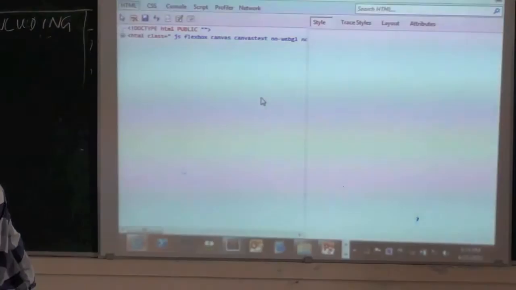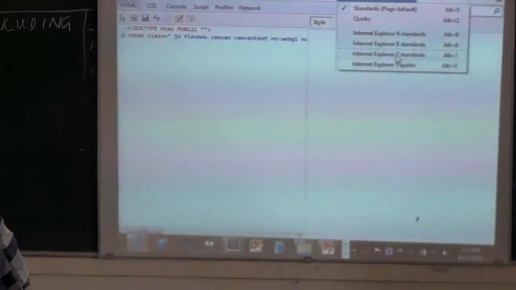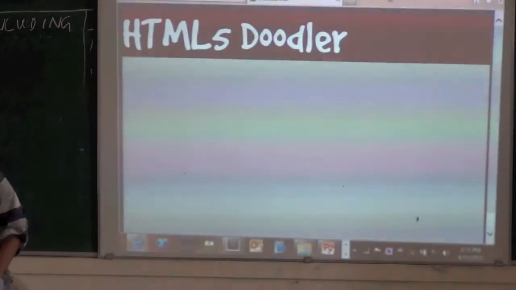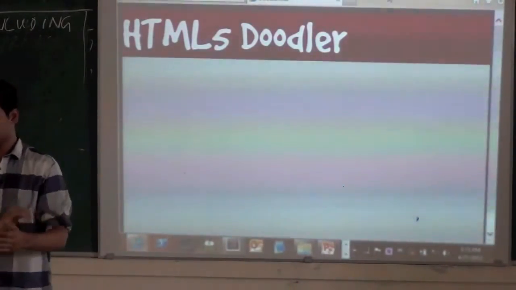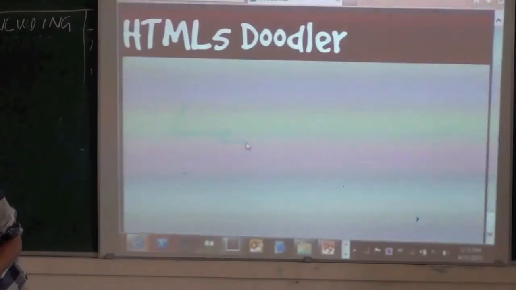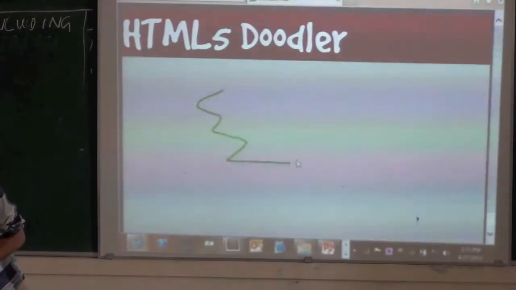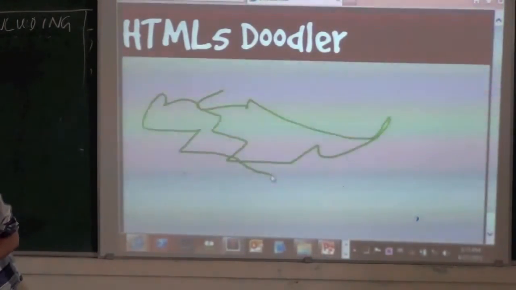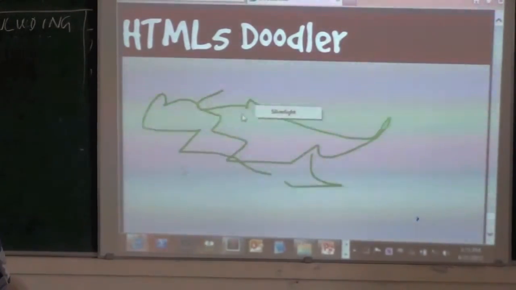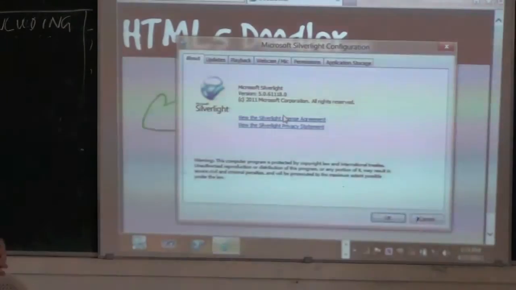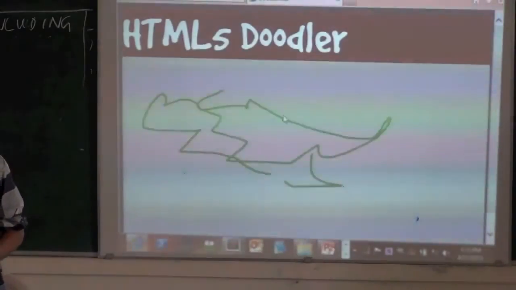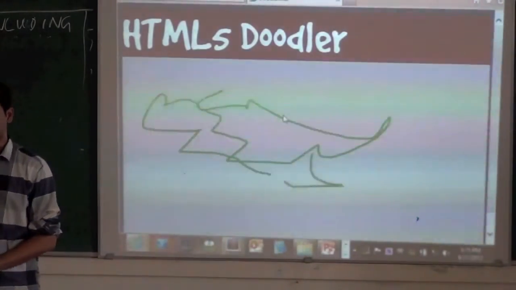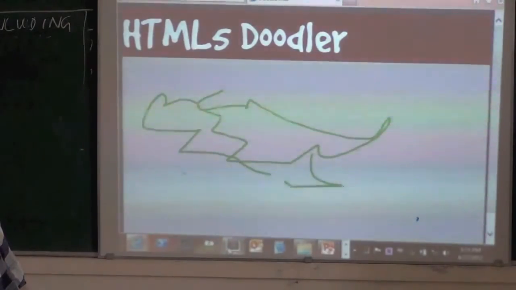Now let's see what happens if I use an older version of the browser. Let's say I go to Internet Explorer 7. So IE7 definitely does not support Canvas. So it turns out I can still draw on this, and this is running in IE7 mode, right? So how does this work? If I right click, you can see that now I'm using Silverlight, right? In the earlier case, that was using native support for Canvas. So how is this thing put together?